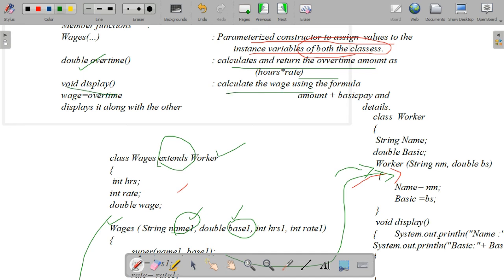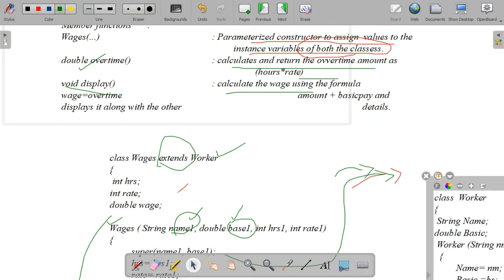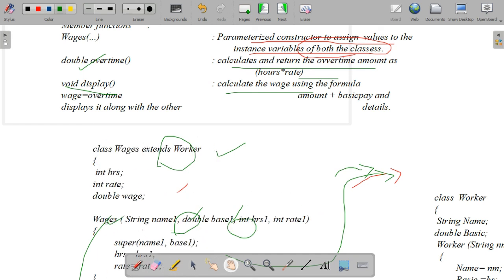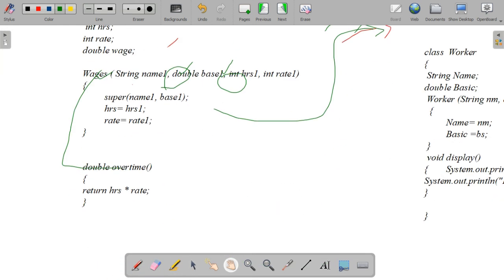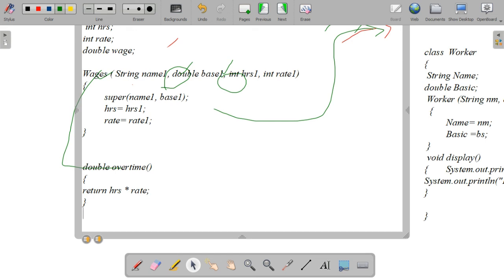Then what is the next method in the child class? Next method is the display method. Void display: calculate the wage using the basic formula. What is the formula for that? Its formula is wage equal to overtime amount plus basic pay, and display it along with other details.